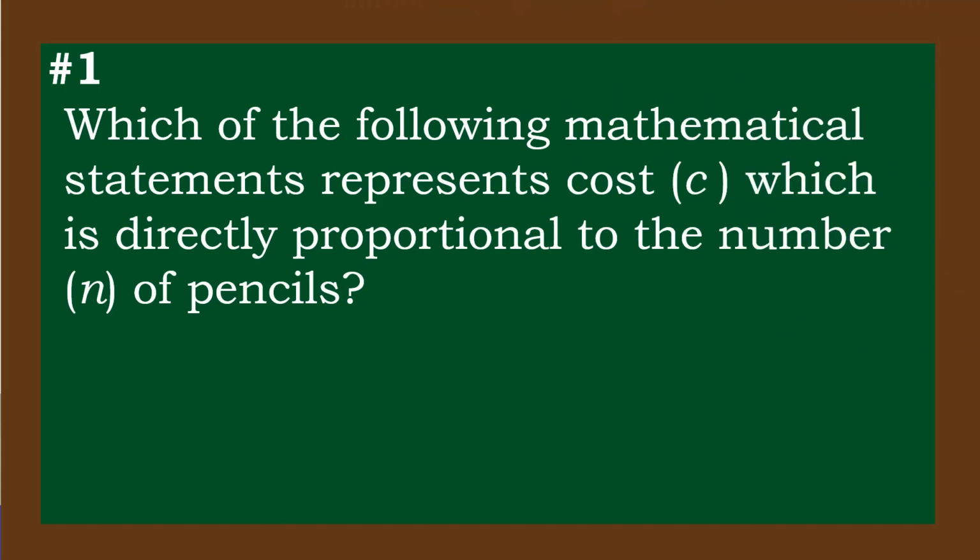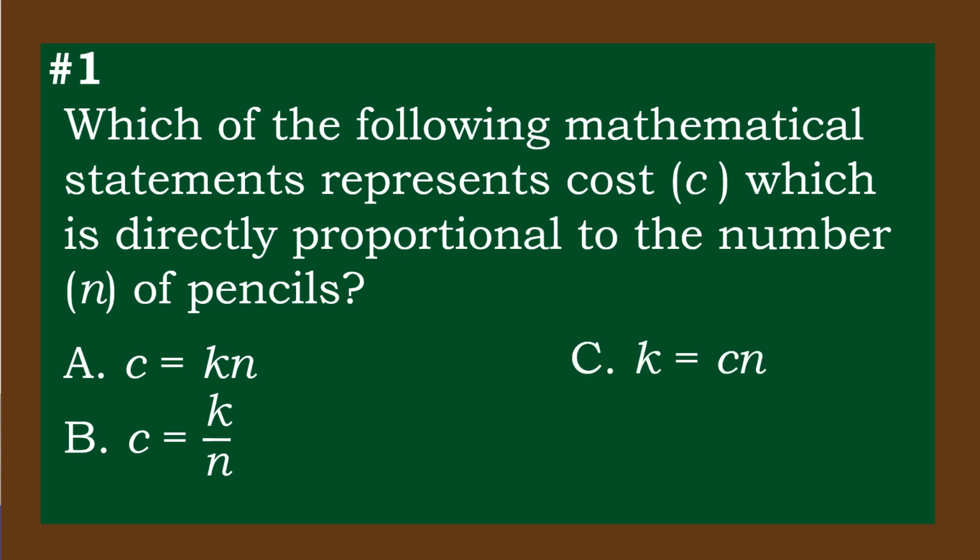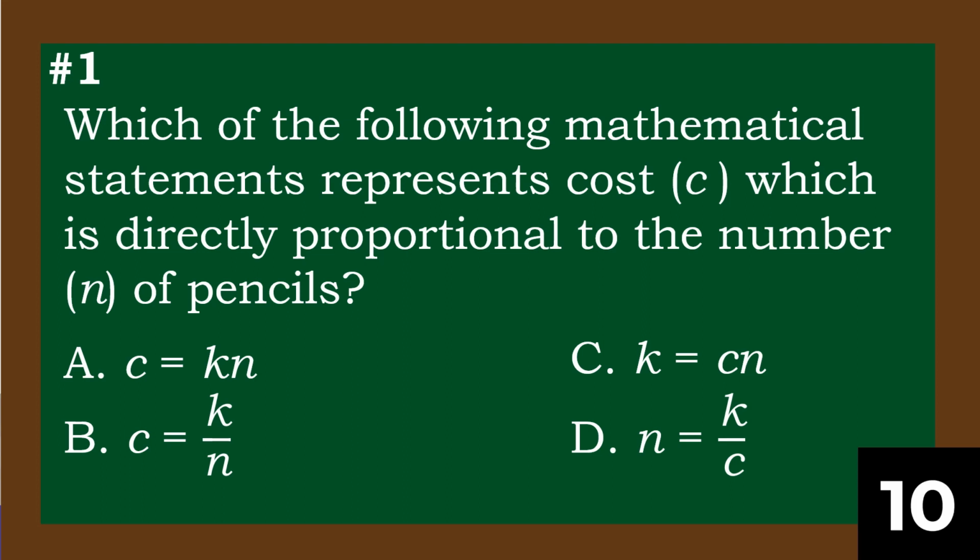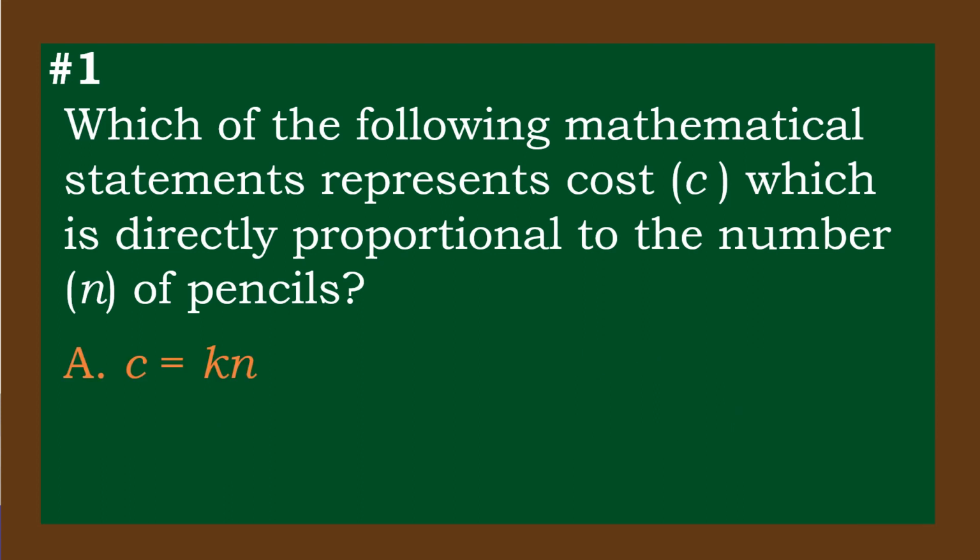Number 1. Which of the following mathematical statements represents cost which is directly proportional to the number of pencils? A. C is equal to Kn. B. C is equal to K over N. C. K is equal to Cn. D. N is equal to K over C. The correct answer is